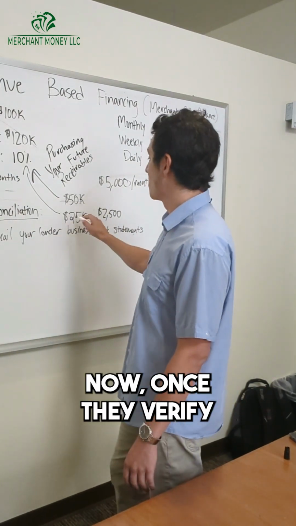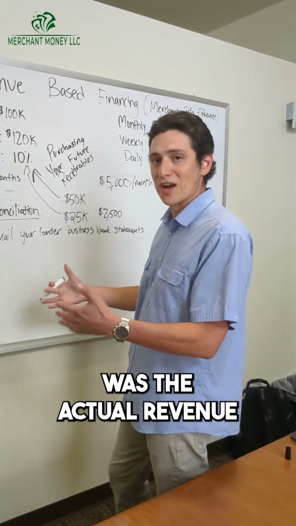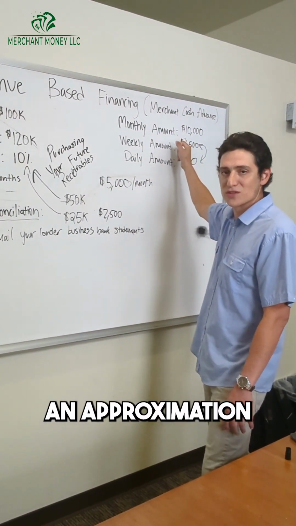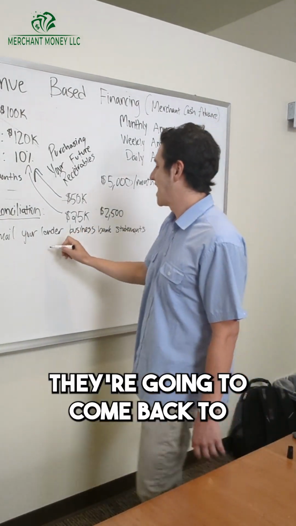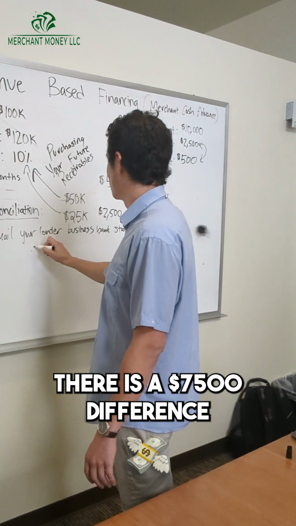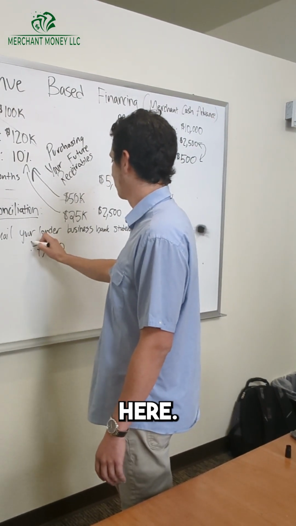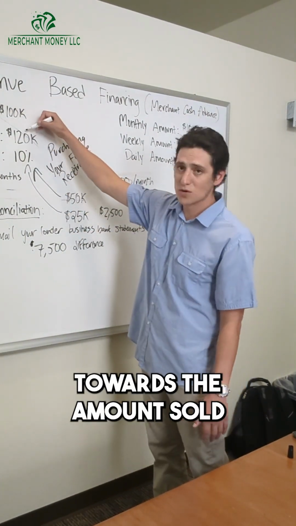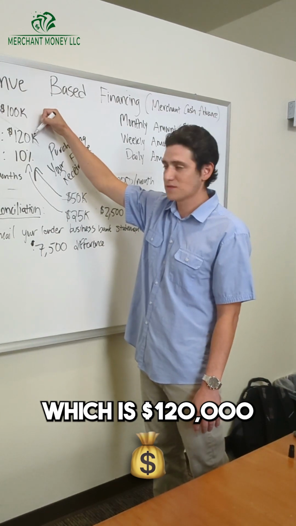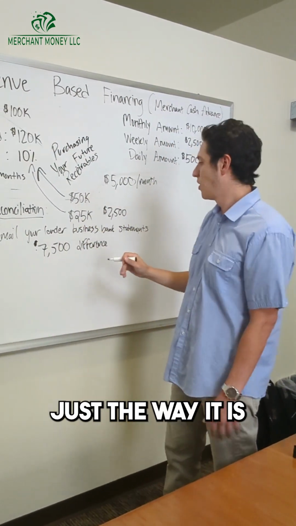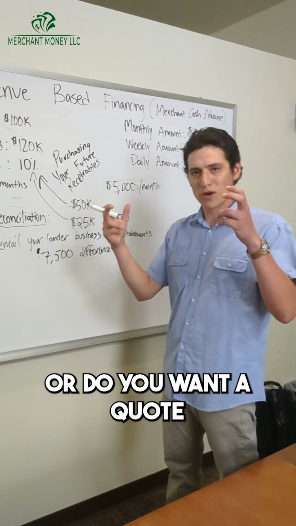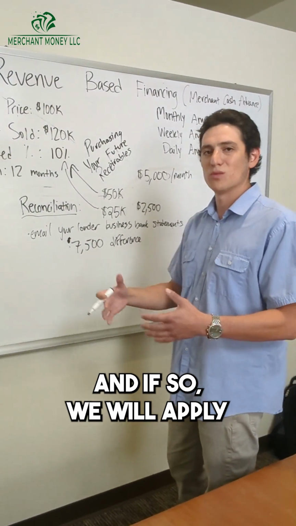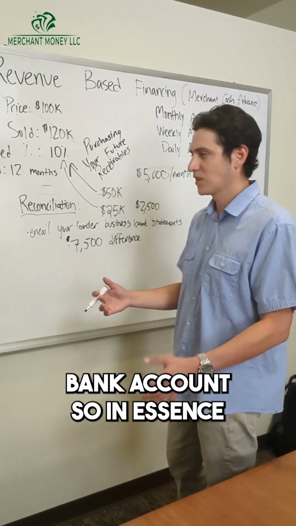Okay. Now, once they verify that the $25,000 was the actual revenue for that month, and you paid $10,000 because that's an approximation of what you would pay, they're going to come back to you and say, okay, there is a $7,500 difference here. Do you want to apply that $7,500 towards the amount sold, which is $120,000, and leave it just the way it is? Or do you want a quote unquote credit for that $7,500 difference? And if so, we will apply those funds back to your business bank account. So in essence,